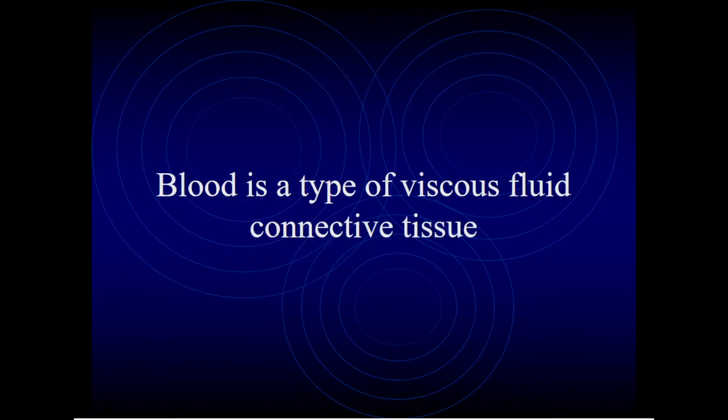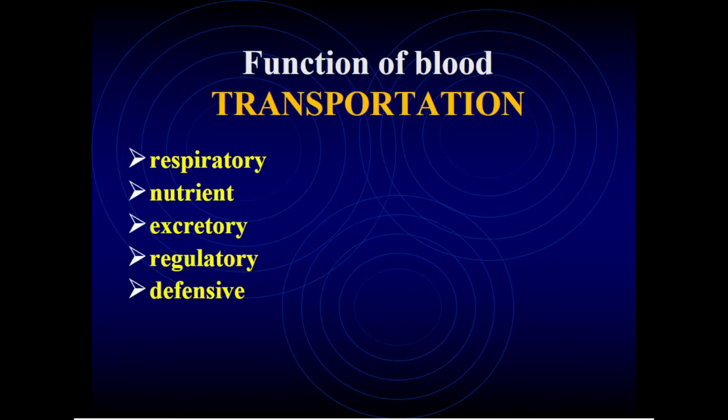Let me remind you that blood is a type of highly specialized viscous fluid connective tissue that circulates through the circulatory system of our body. All functions of blood are related to transport of different substances, and according to the substance transported, according to the body needs,